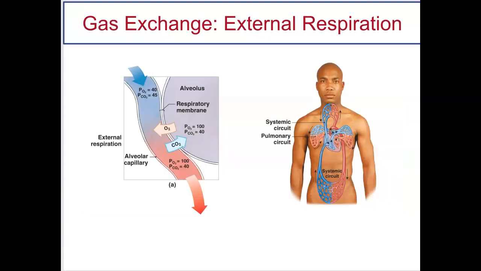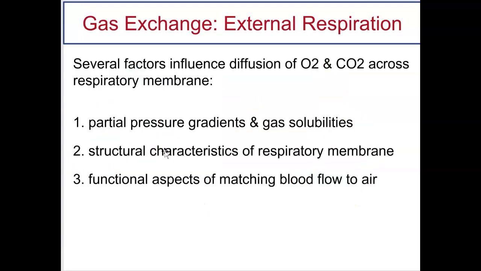All right, external respiration. Now we are actually going to look at what's going on here. We have the air in the alveoli and we have the blood in our pulmonary capillary. So there are three things that affect this. We want to have rapid diffusion. Number one, we come back to Henry's law, partial pressure gradients and gas solubilities. Number two, we look at anatomy. The respiratory membrane. What is that membrane like that the gases must diffuse across? And number three is physiology. We have to match the blood to the air. You only want to send your blood to the areas of the lung that are ventilating, that have the best